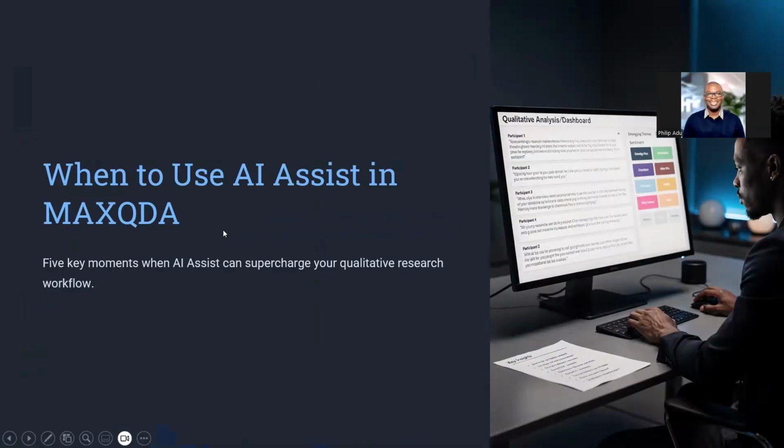Hello, everyone. I'm going to talk to you about the AI function in MAXQDA. Yes, MAXQDA has an AI function, and the question is, when do you have to use it? And this is what my presentation is going to be about. I'm going to talk about five main moments that you could think about using AI to help you to make